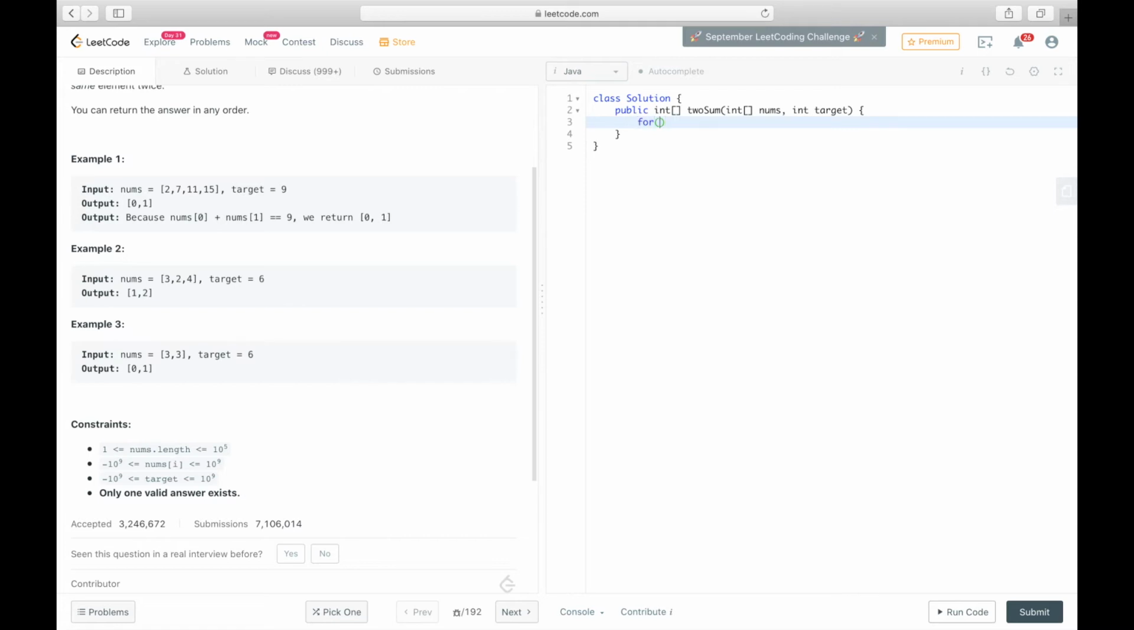Okay, so we have to create a loop. We have to start from the beginning and we have to go till the last element, and in the inner loop we have to start from the next element of this element, right? So if your array is 2, 7, 11, 15, I will be at 2 and the j should start from 7 till 15, right? So for int j is equal to i plus 1